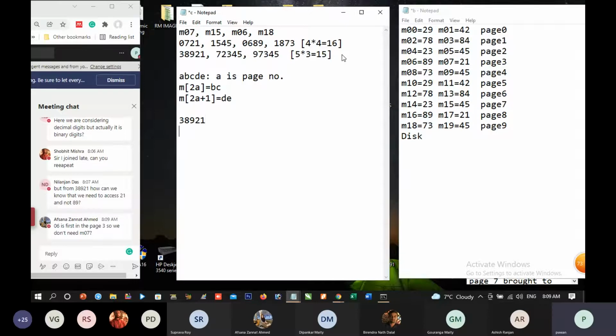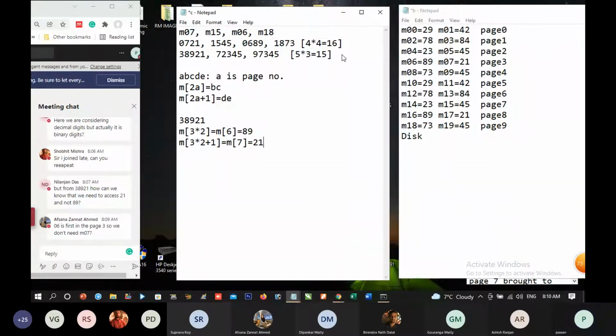This means memory 3 into 2 is equal to memory 6 is 8921, 89, and memory 3 into 2 plus 1 is equal to memory 7. This is equal to 21.